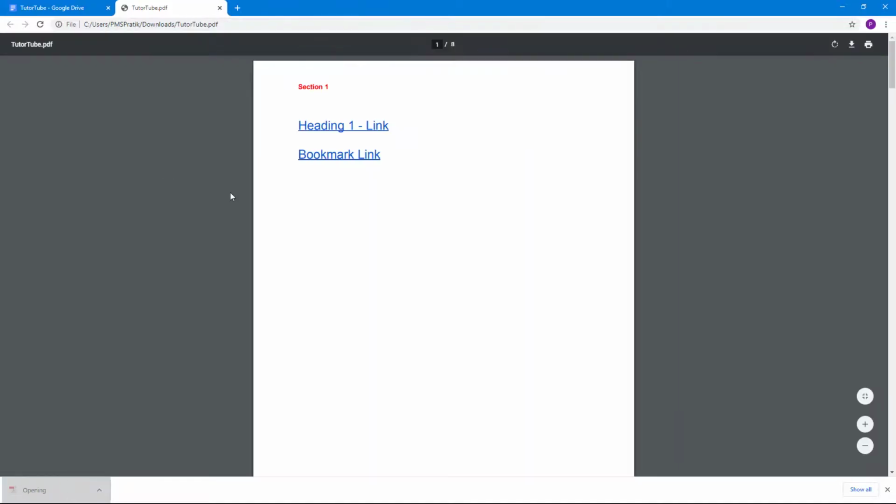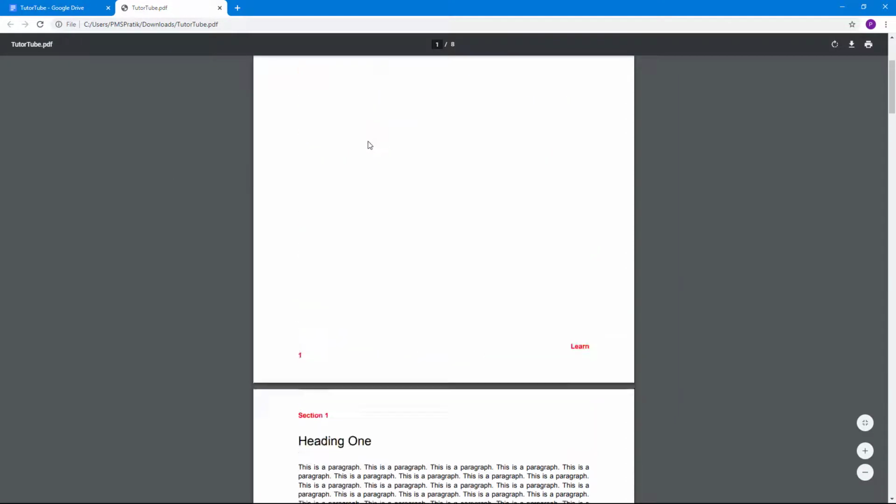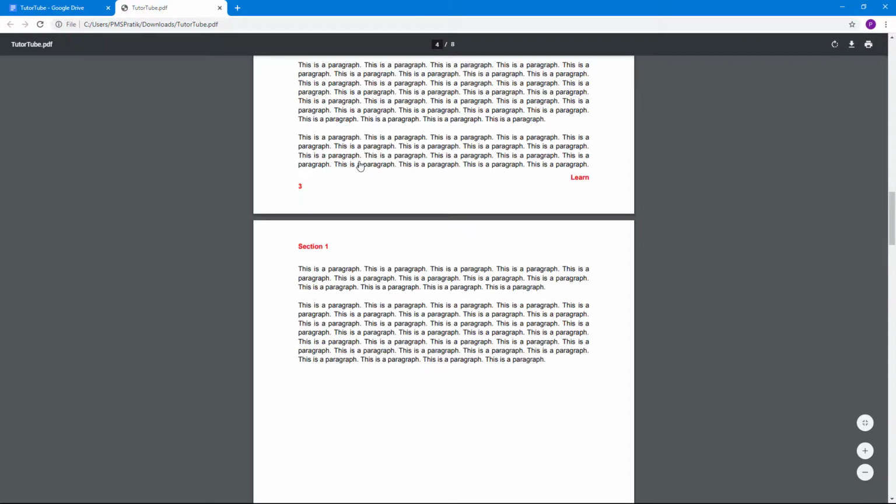So I'm just going to click on it. And over here, you can see that they are clickable. If I were to click this, it goes to heading 1. And if I were to click on bookmark link, it goes to that exact part of the paragraph where we added in a bookmark. And that is how you can make your document even more dynamic by using the bookmark